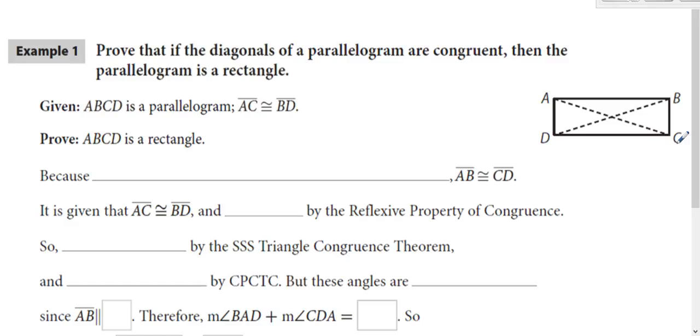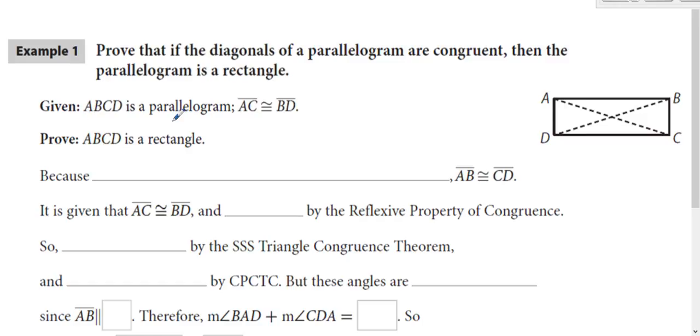So given that this is a parallelogram and we're told that the diagonals are congruent, we're going to go through the proof. We talked about it briefly on the last page. Now we're going to go through it in depth. So if the diagonals are congruent, start with